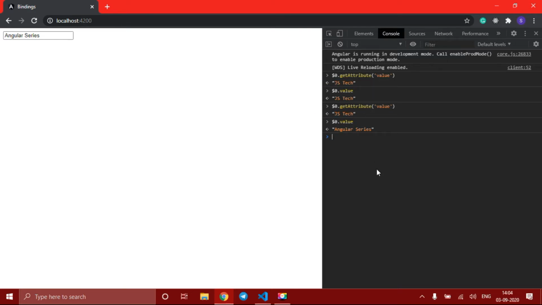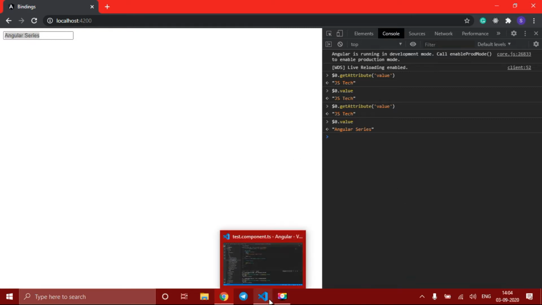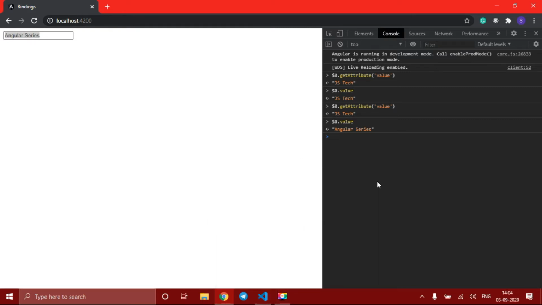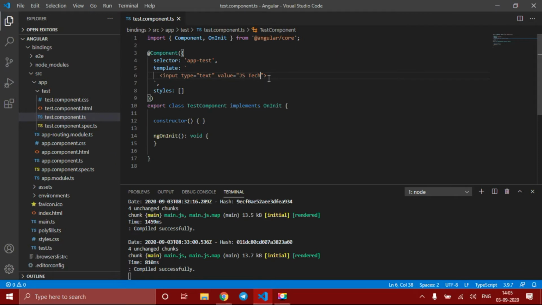So we can say that HTML attributes are fixed, their initial values will be fixed. Even if we change the input element text, they won't change. But in a DOM property, the property value changes. I think you understand now. Only remember two points: HTML attributes don't change, DOM properties change. To show that, I did this.